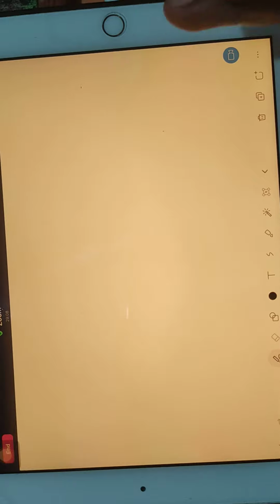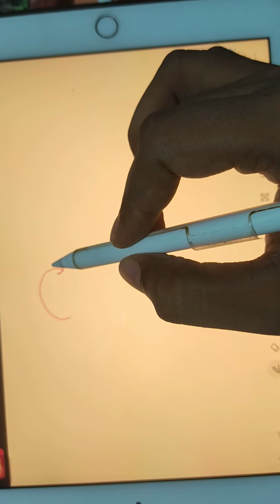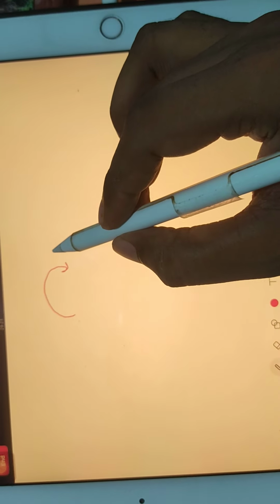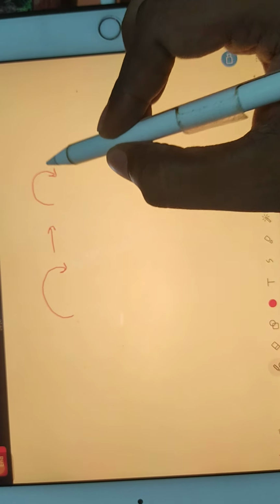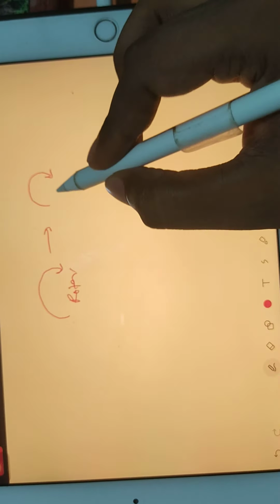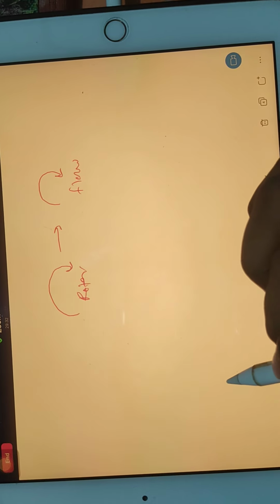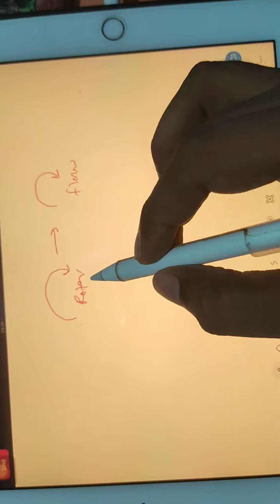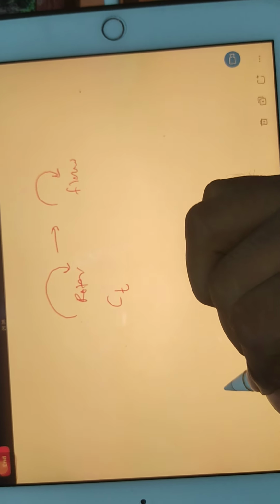Now see, just imagine who is responsible. I will explain that, don't worry, I will explain everything. Okay, see now, if I say that a rotor is rotating, then the flow will rotate. If the rotor is rotating, then the flow will also rotate. Now see, which component is responsible for that? The tangential component is responsible for that.